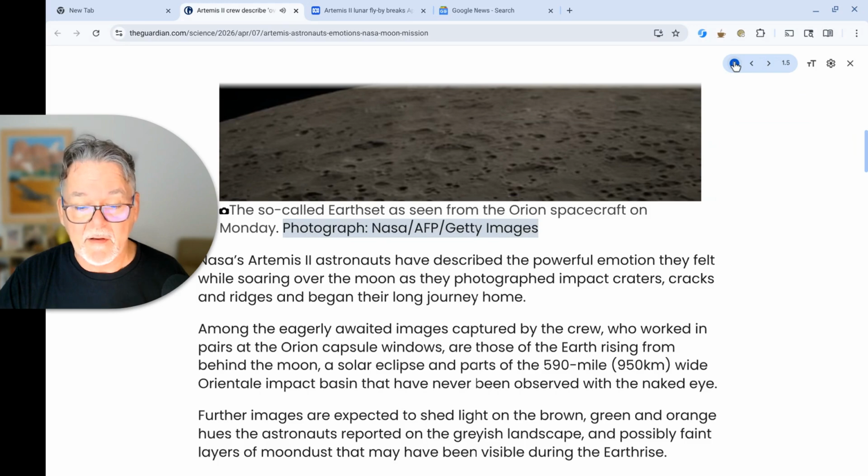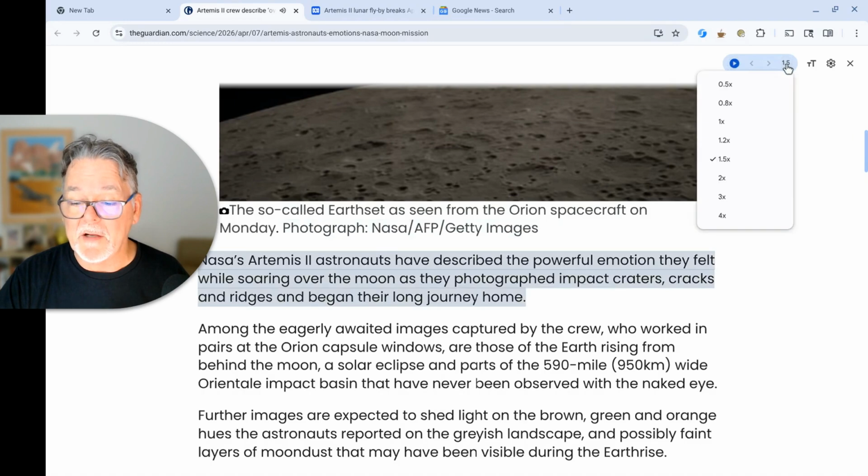Photograph, NASA AFP Getty Images. NASA's Artemis II astronauts have described the powerful